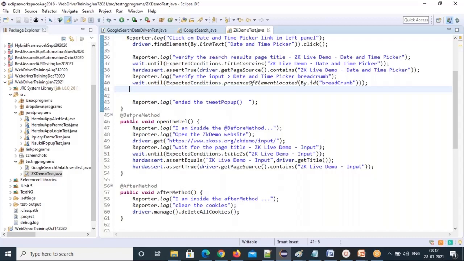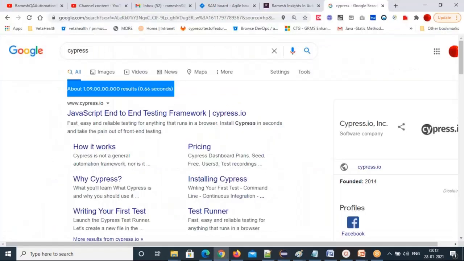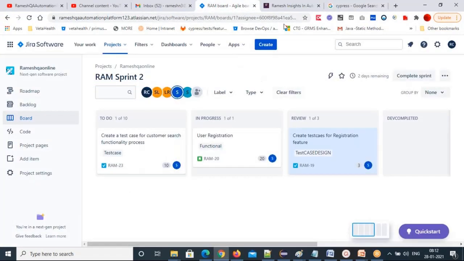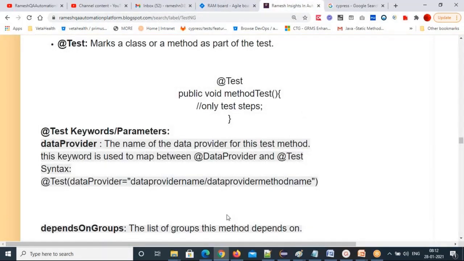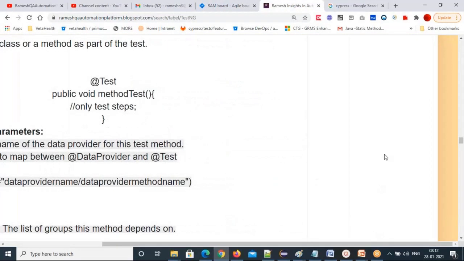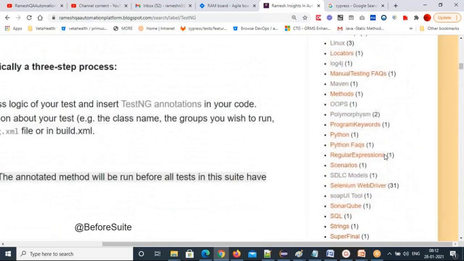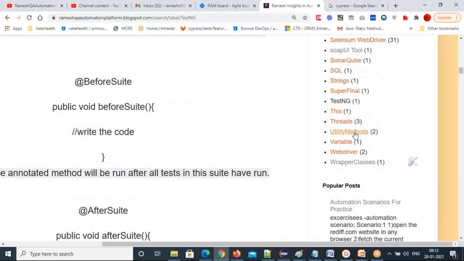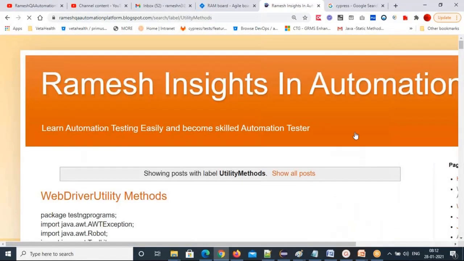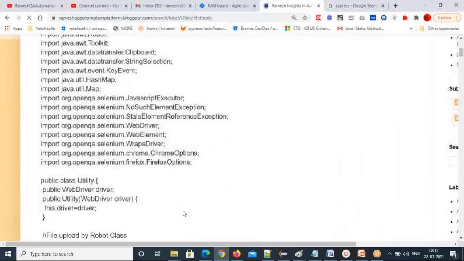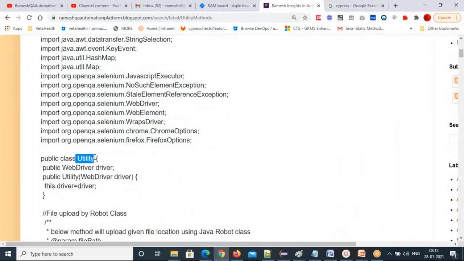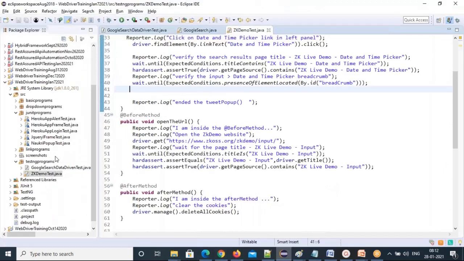So let's copy that utility class. Even we have this inside our blog. Inside our blog you have this. So let me show you that utility class so that you won't get any confusion. These are the utility methods. Can you see this? This class you just copy as it is. Okay, this is the name. Just give it the name utilities. Utility class. You just copy paste this entire code. Okay, and then I have here. I'll just take from here.